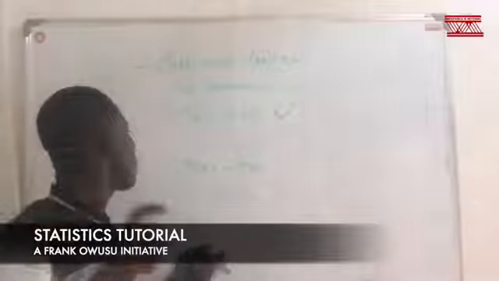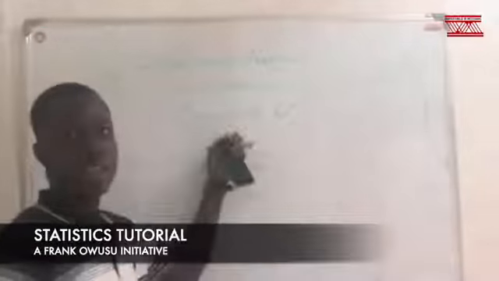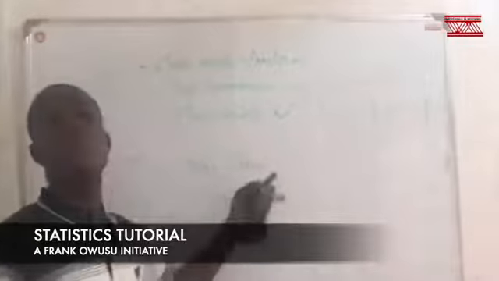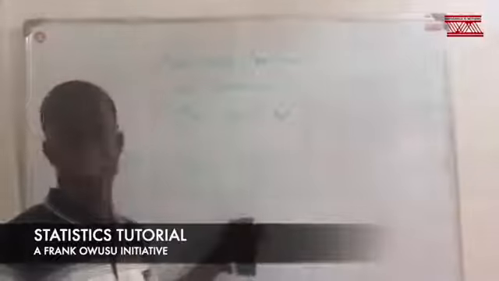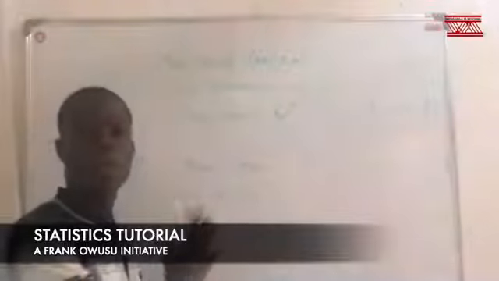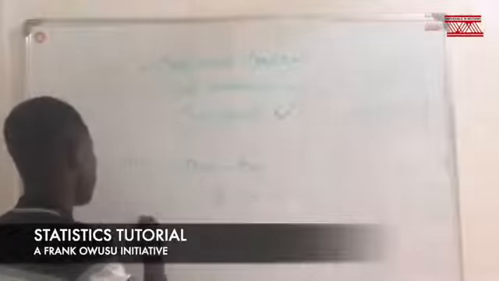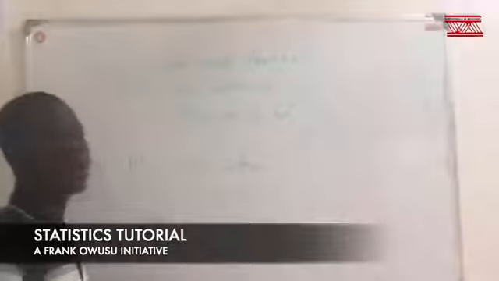So if you are asked to find the class weight, you take the difference between your maximum number and your minimum number, then you divide by the number of classes. This is the first approach we use to solve the class weight. The second approach is that